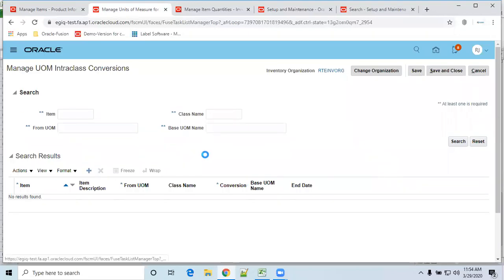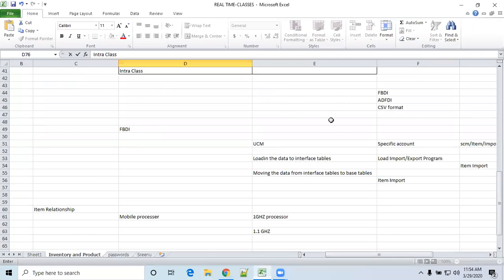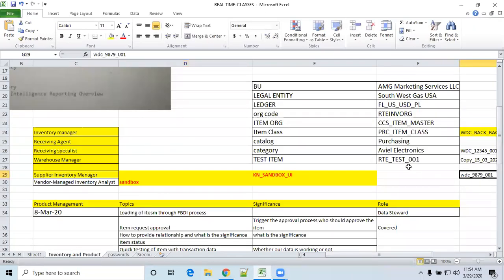Now I want to define one conversion. What is my item? This is my item.